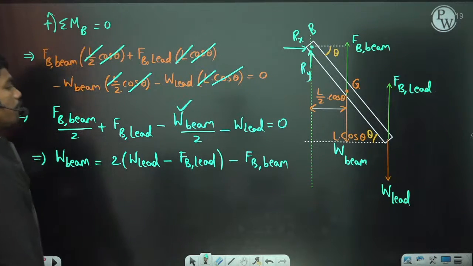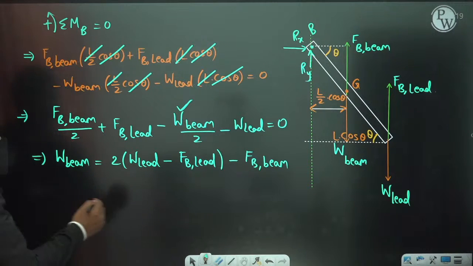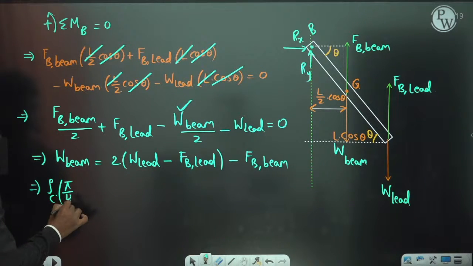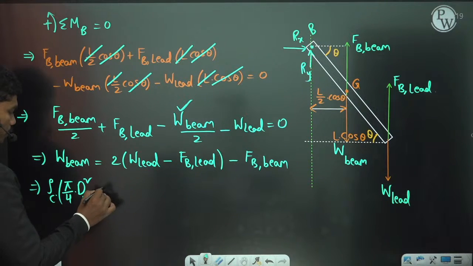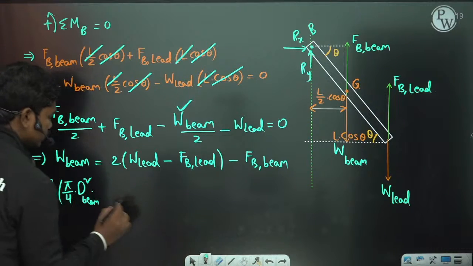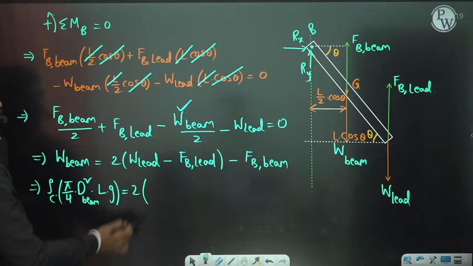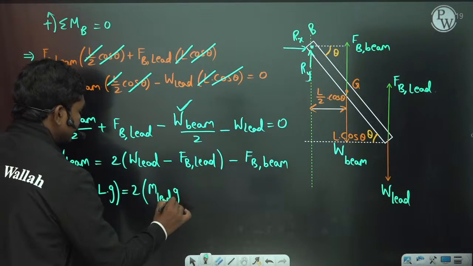Buoyancy acting on the beam actually. Okay, so now let us try to simplify this. The weight of the beam is the density of the beam times the area of cross section, which is pi by 4 d beam whole square, times the length of the beam, times gravity. This is equal to 2 times the weight of lead, where the mass of lead is given directly, into g